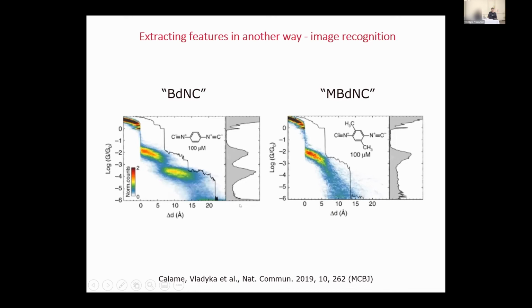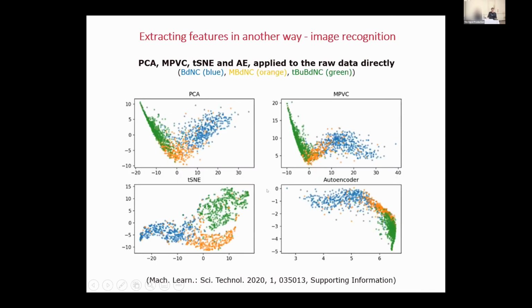But if you look at the original output, you'd see that in terms of 2D histograms, BDNC and MBDNC, for example, show overall different behavior. You get different plateaus, different numbers of plateaus, and so on. Now, when we then use the raw data in conjunction with dimensionality reduction techniques, and if you just look at PCA, for example, here, you'll see that all three molecules